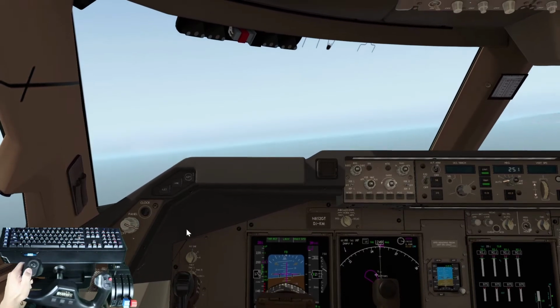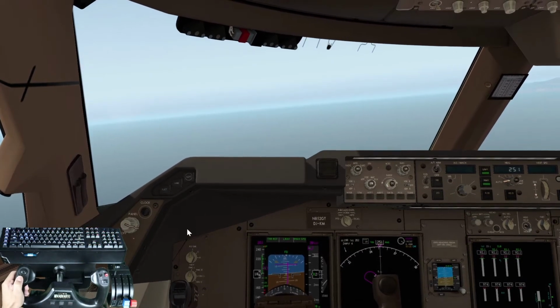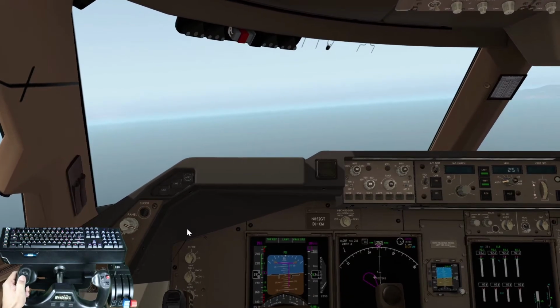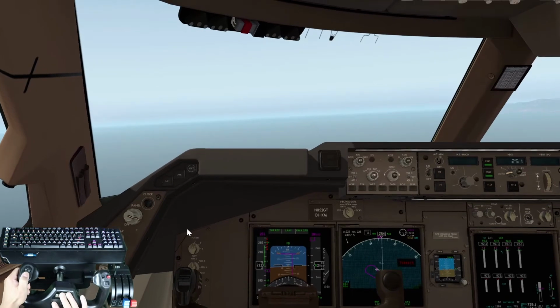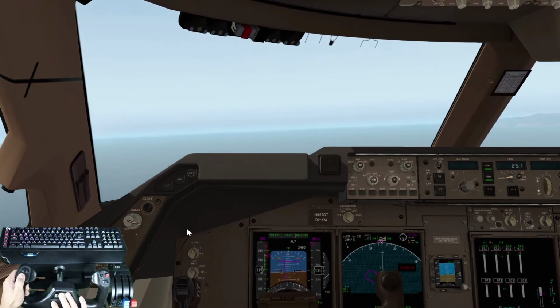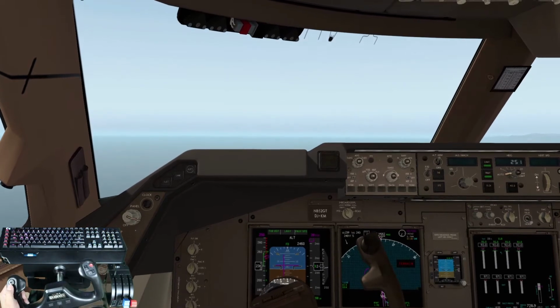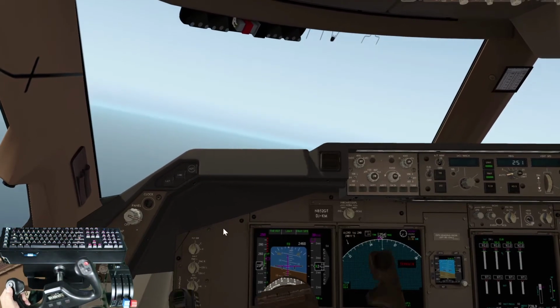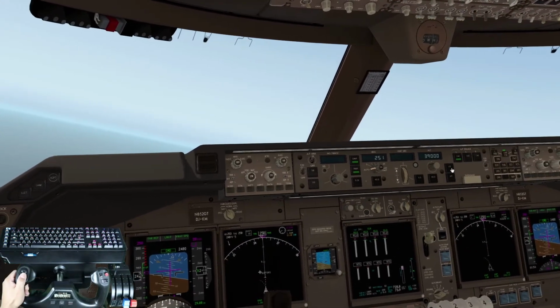So that's one thing you got to know about these big boys. It's going to have to come down first, and then it's going to pick up its speed. Alright, we're going to start, of course, bringing the flaps back. And there we go, we're right on the flight director. So now we can go